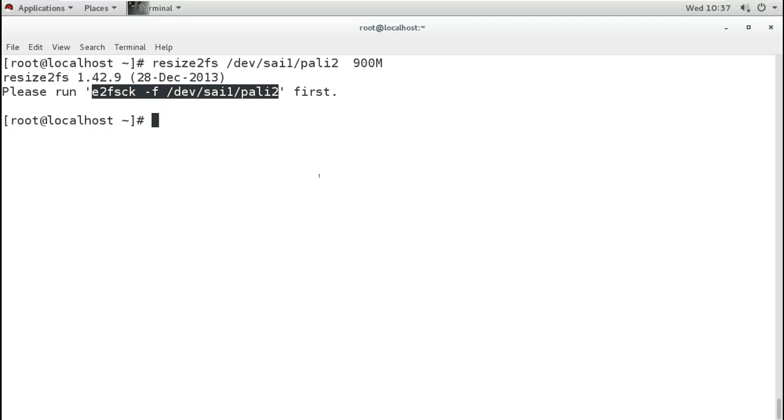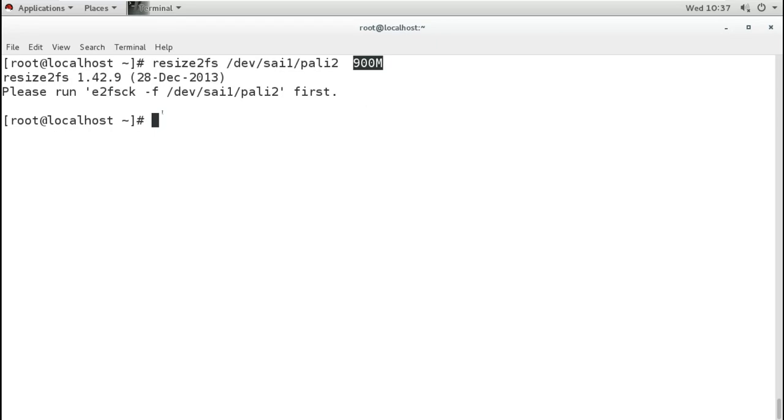Because the system doesn't know how much size is still in use and how much is remaining, because we want to reduce it to 900 MB and it was 1800 MB. Maybe we already have more than 900 MB of data in that partition. So if you reduce it, then it can be a problem and it can delete the data.